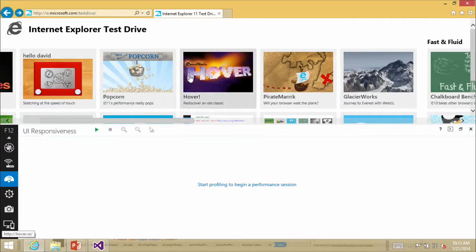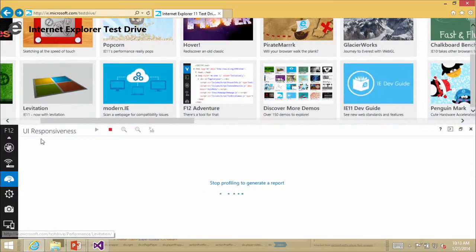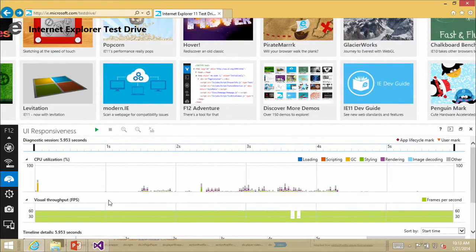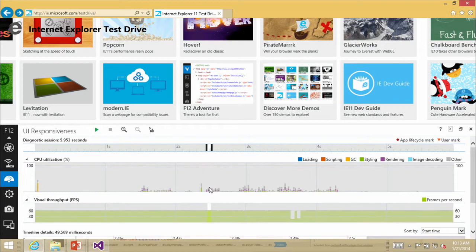Yeah, I'm sure that it was very handy when you're working with WebGL. So I have that tool open on my desktop here. What I'm going to do is I have the test drive page open, and I'm not going to do anything special, but I'm going to hit the profiler, move around the screen a little bit, and then stop it. And it's going to generate a chart for me to see exactly what's going on